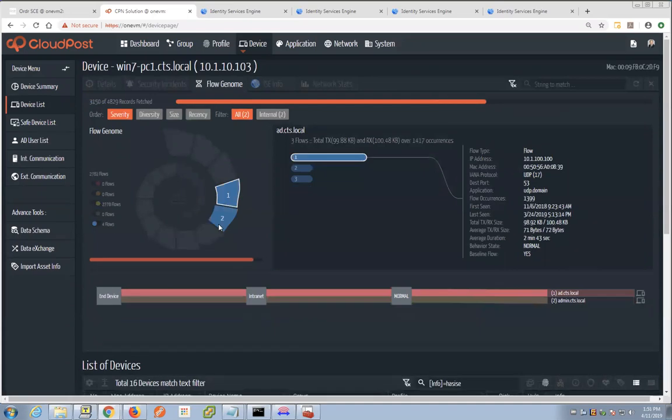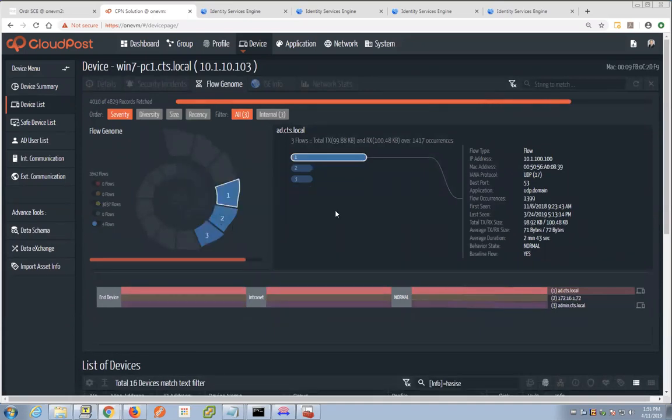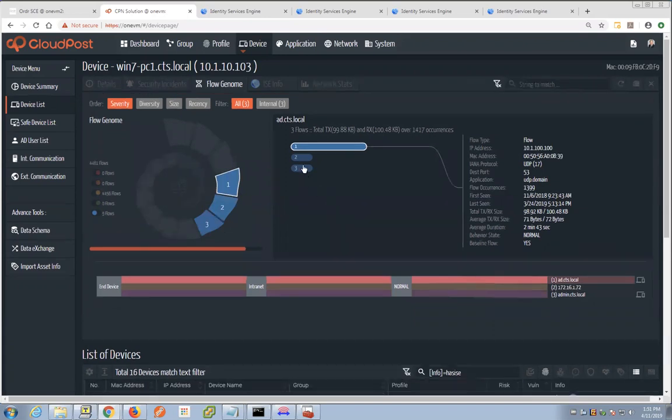In this case, what I want to do is really hone in on the flows that have been determined to be normal and expected behavior, which isn't surprising for this patient monitor. It's doing DNS lookups. This is the DICOM protocol, for those who are familiar with that, and it has some management access to it.